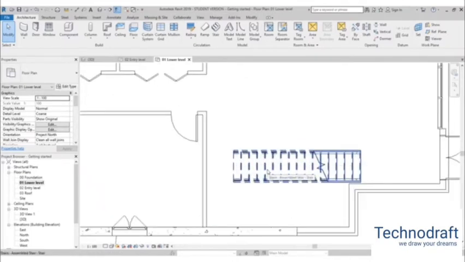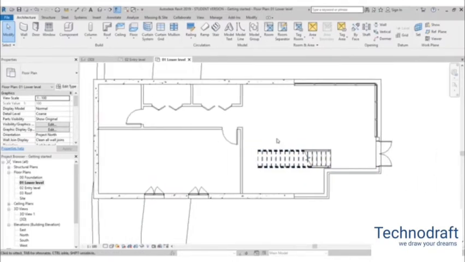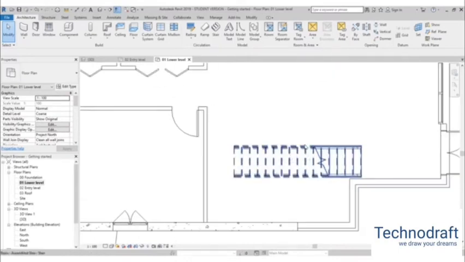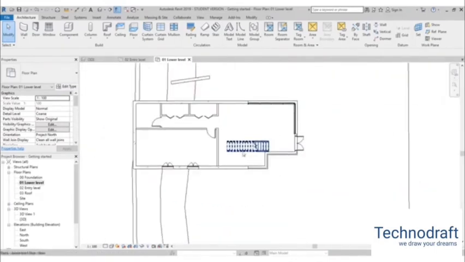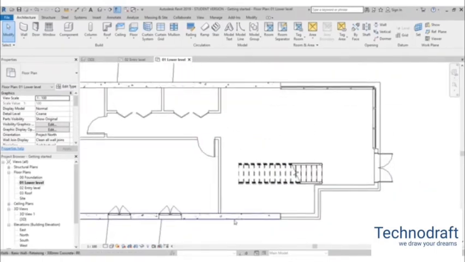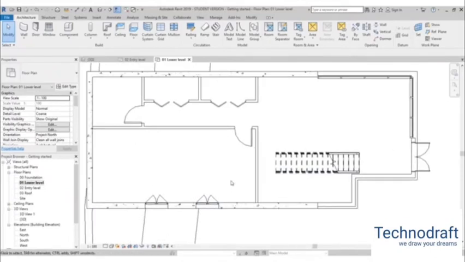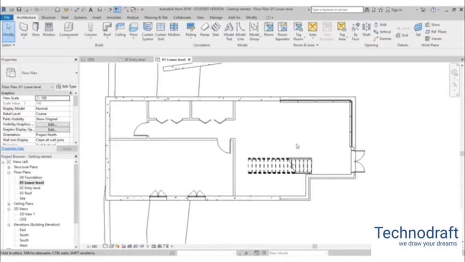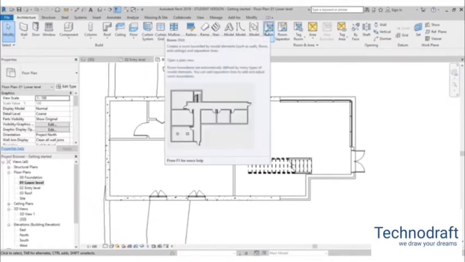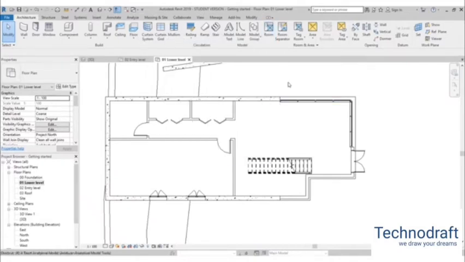So we can keep it like that, and later on in the next video I can show you how to eliminate some of these lines so it doesn't look like this plotted. But let's calculate the rooms for this area. So we have got a bunch of these rooms, and let's say you want to have some information, you want to know how many rooms we have, or you want to classify these rooms. For that you have got this room tool. RM is the shortcut, so you can just go and type RM,